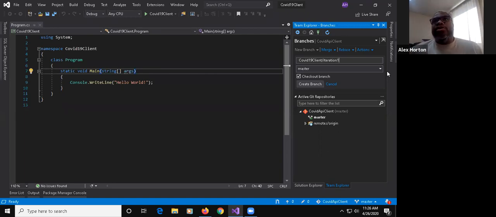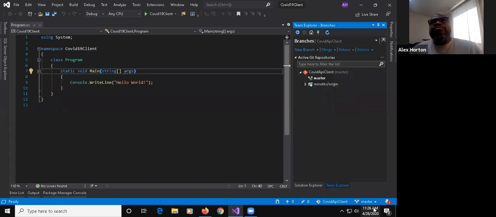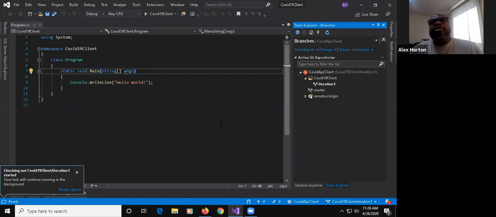And the reason why we're going to do that is we're going to leave the master code alone, and as we make changes to it and we verify that the changes work, we'll push it up into the master branch and merge it up there, and then we can stage our changes. So we're going to create this branch just like so,